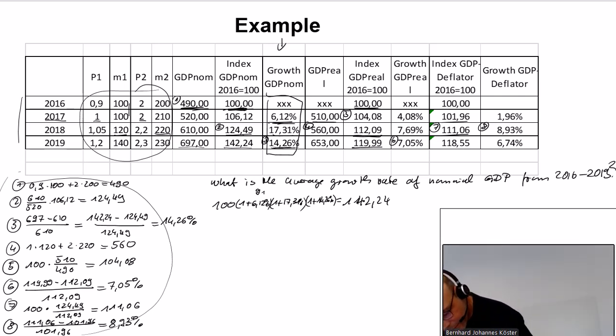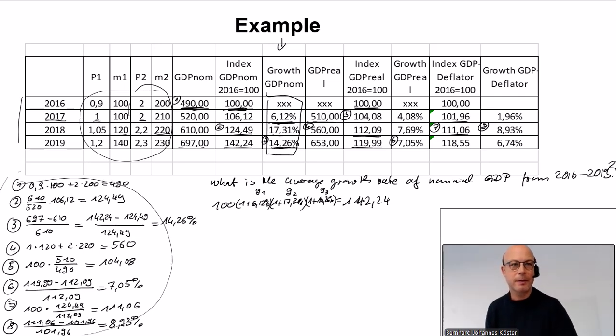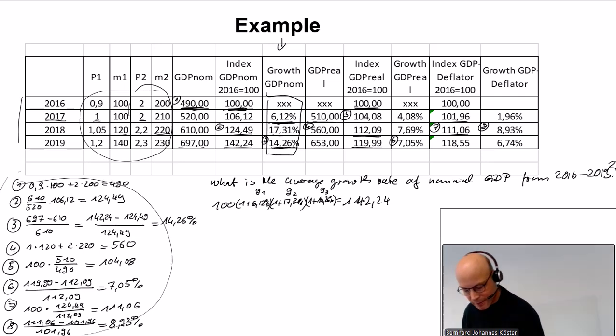So this would be then the growth rate of the first year, G1, I call it. This would be the growth rate of the second year, G2, and this would be the growth rate of the third year. And now we say in our head, we want to know the growth rate which is not changing over time, which is in every year the same, also starting from 100, ending up at 142. So this should be equal to 100 times 1 plus, and this I call G bar.